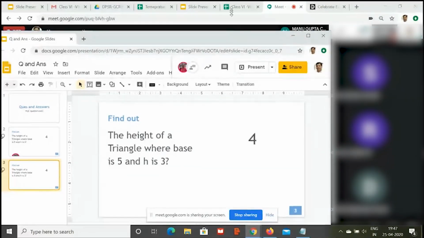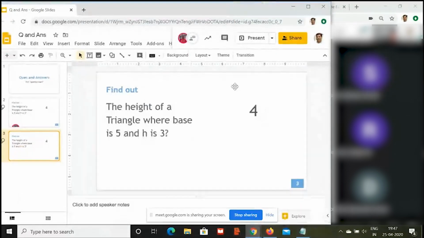So can I not drag the other screen and keep it on the side? We can have both the screens side by side. See, right now you can see that I have kept both the screens side by side. But this is not present mode. This is displaying my entire content of the slide, question as well as answer at the same time. Okay. Have you understood? Okay, sir. Yeah, Rima.